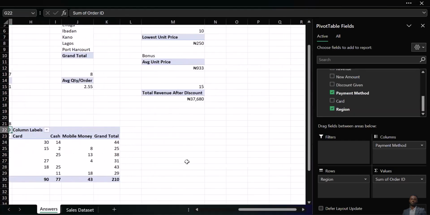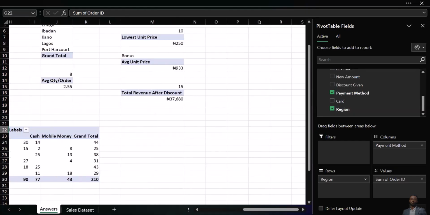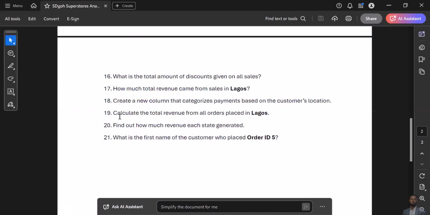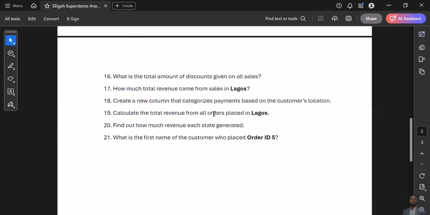And that's how we get that for question number 18. So the next question they ask is to calculate the total revenues for all the orders placed in Lagos. This question is quite similar. It's actually the same thing as number 17. So we don't need to redo it, since they say we should get the total revenue for all the orders in Lagos, which we already answered here. And then number 20, or rather second to last, number 20 says find out how much